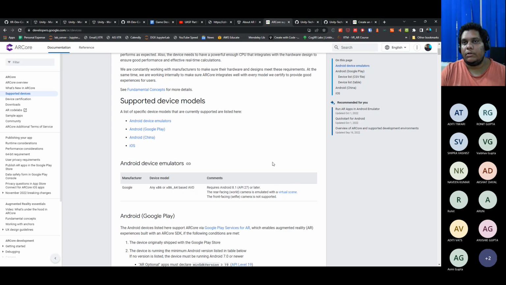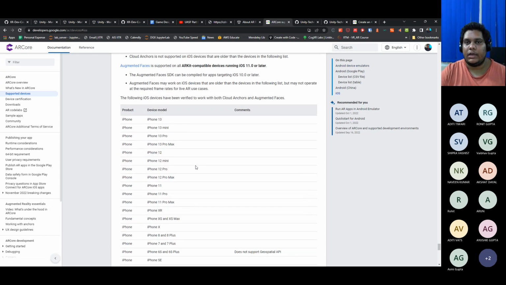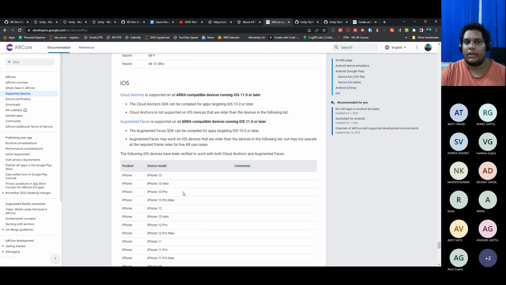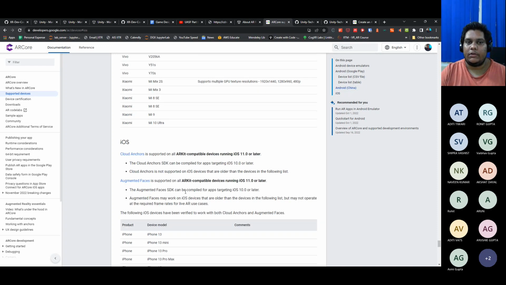And one good thing about AR Core is that it also supports development for iOS as well. Okay, so some of the iOS devices which support AR Core are also there. So like, let's say if you implement something in AR Foundation, or let's say you don't use AR Foundation, you use AR Core directly. And for some reason you want to switch to iOS now. Then some of the features that work with iOS would work as is with AR Core directly. You don't have to implement it with AR Kit as well.